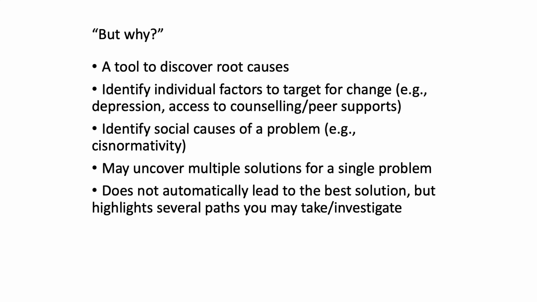What this but why process does is it identifies multiple root causes. It also enables us to see several pathways to address health inequity. For instance, in the example of trans youth, we could increase the number of free counselling and peer support services to trans youth to help address the issues associated with family rejection, peer rejection, harassment and violence. Or we could look upstream, a term that will be introduced in the next video, to consider some of the cultural norms that enable violence against trans people.